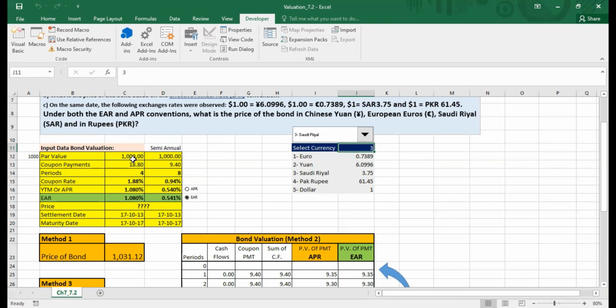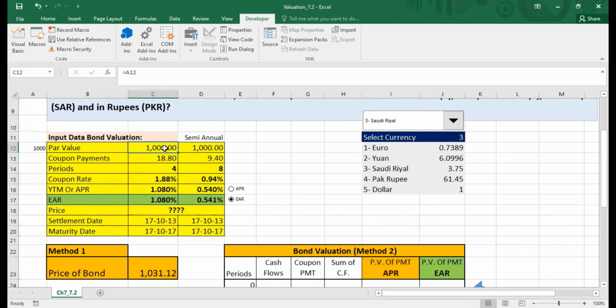So I am simply going to come to the par value cell, and I am going to start an if formula over here. We are going to use the same if formula we created for APR and EAR. But now the if formula is going to be a little bit lengthy because we have 5 different currencies listed over here. So the if formula, most probably we are going to use 4 times. So let's try to start the if formula. I'll zoom in so that you can focus more on this part.